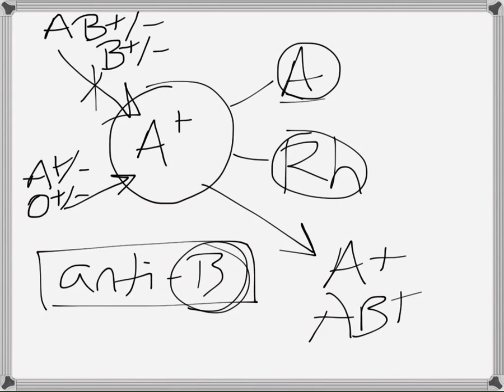No problem. Mama's negative, baby's positive for RH, no problem. Baby's born, no problem. The problem is birth's a little bit of a bloody mess. And when the placenta ruptures, there's always some of the fetal blood getting into the maternal blood. So now what has the mother been given? Basically a vaccination of RH positive blood. She's fine. Baby's fine. No problem. Next baby, if it is also RH positive,